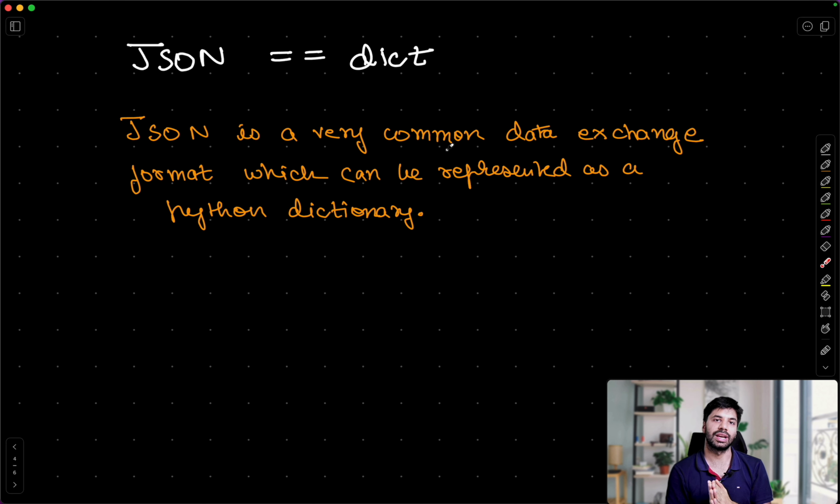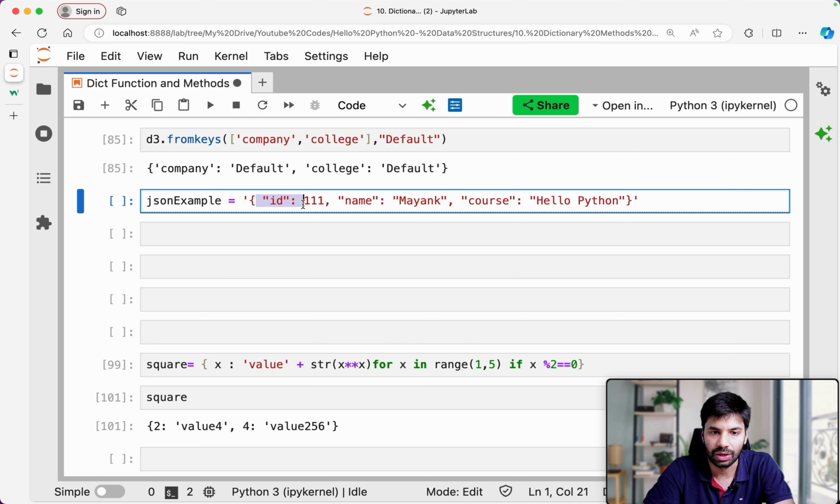which can be represented as a Python dictionary. So in JSON, what happens, everyone? JSON is actually something like this only. Okay. So JSON, if you will see, this is very much analogous to your dictionary. It is also in a way having key value pairs, which you can see, like it is a string as of now. Okay. But you will see that everywhere, majorly I would say JSON is used to just exchange